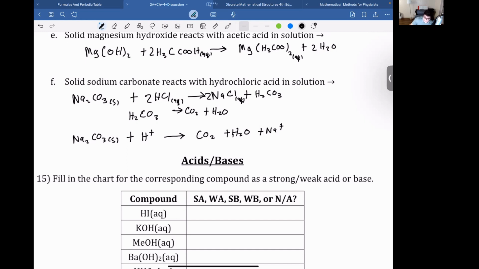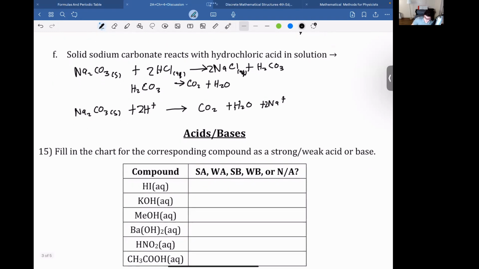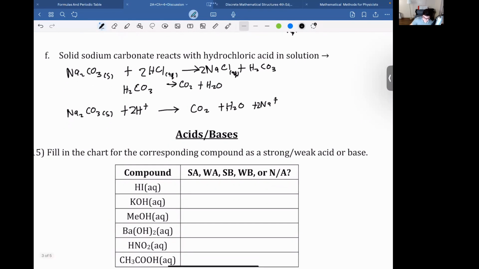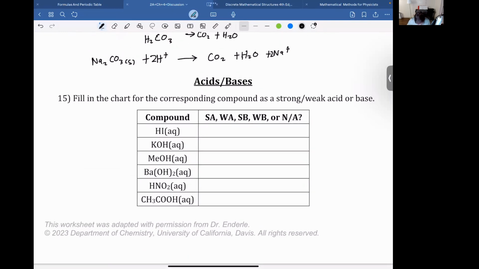Yeah. Then we have to go ahead and balance it. So we have two Na on the right. We're going to need two more hydrogens, and that's it. No, no. The oxygens, yeah, no, there's three oxygens on each side. Okay, so that's it. Number 15 says fill in the chart for the corresponding compound as a strong, weak acid